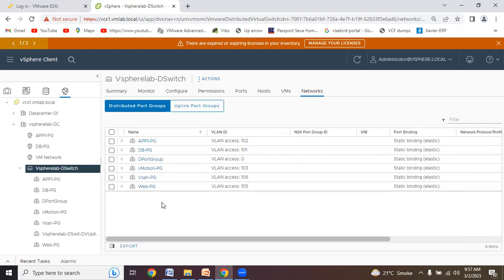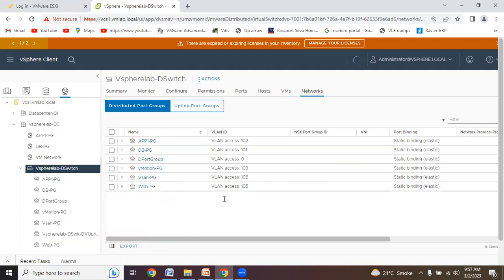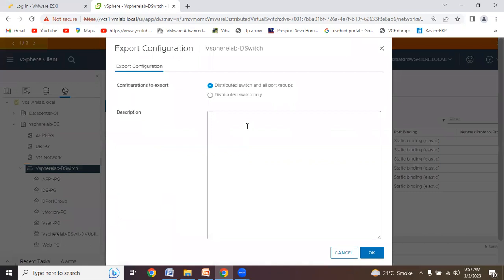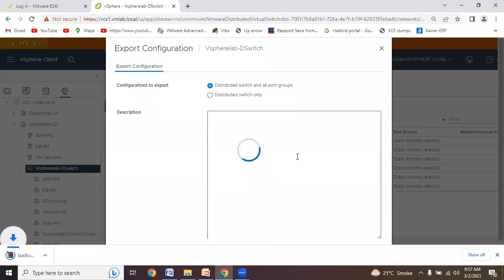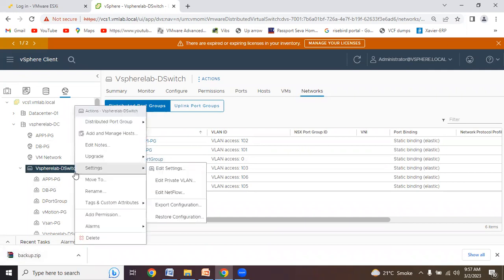Sir, how do we take a backup of this vSphere distributed switch? Export configuration. Do you want to see it? Export configuration, then restore. When I click export configuration, I am exporting the distributed switch and all port groups. But keep in mind, whenever we restore it, it will take us back to this state. If you later made some changes, those changes will not be available. So if I want to restore the settings,